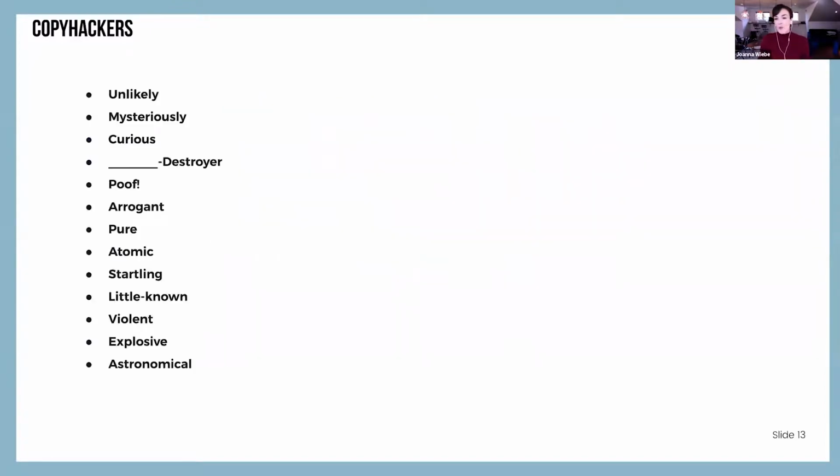So words like that include everything showing here. And again, you are just trying things. So "blank destroyer," depending on what the thing that you're selling destroys. Words like "poof," that's visual. I can see that on the page. I look at it and something happens. I'm drawn to the word. It's a really eye-catching word. Words that you're not used to seeing, like "atomic." What's that doing on there? It's a nice, quick little word, and I'm not used to seeing it in marketing copy.